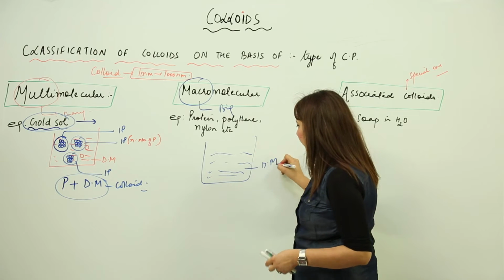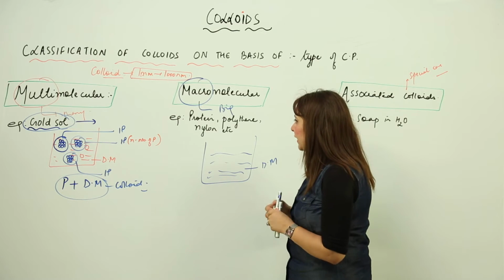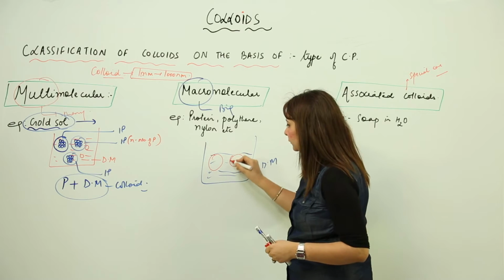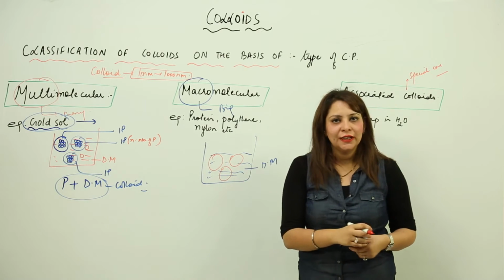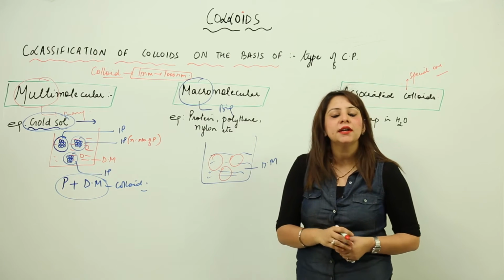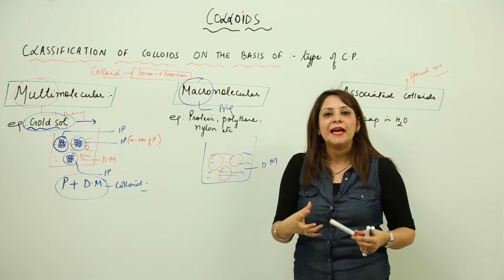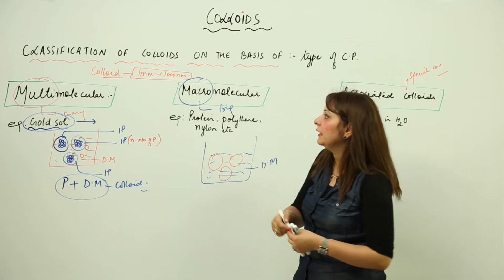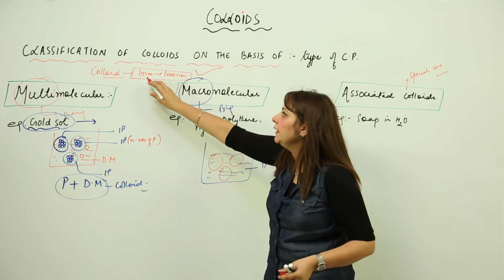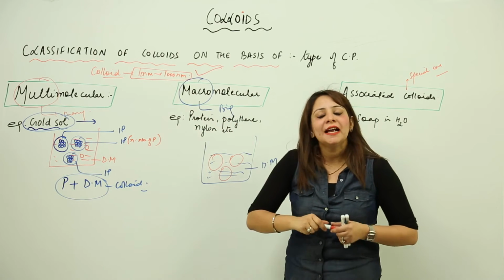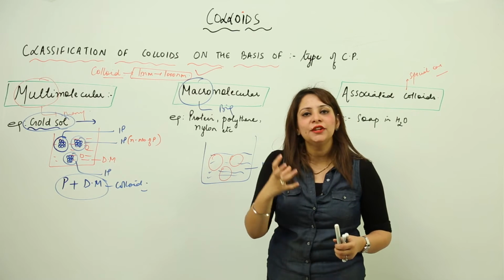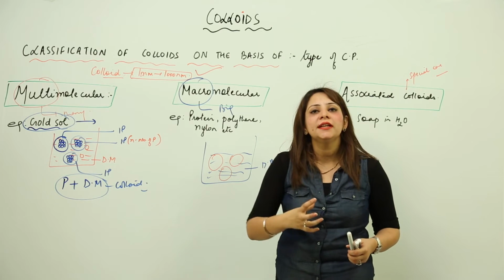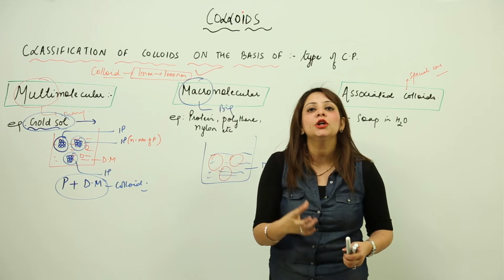This is my dispersion medium and these are my macromolecules. So it is not an aggregation actually, you get to see in the figure that it is not an aggregation, but what is it actually? It is a single molecule having a size lying between a range of 1 nanometer to 1000 nanometer. That means they have a particle with enough size that fulfills the condition of being a colloidal particle.